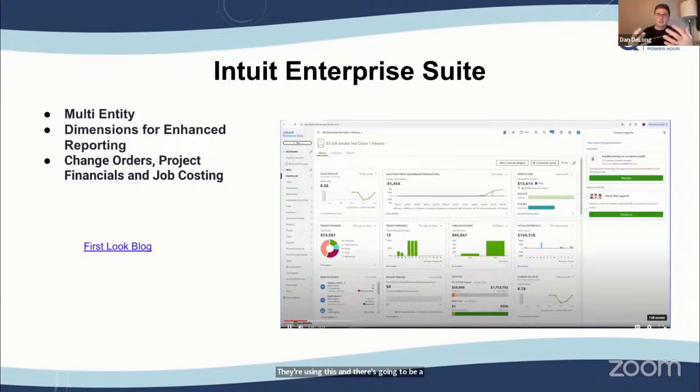They come with, here's what we feel would serve you best in this Intuit ecosystem, and then they're going to come back with, well, we do a lot of volume, so can we get a break on that? So there's going to be a lot of trial and error in the next year